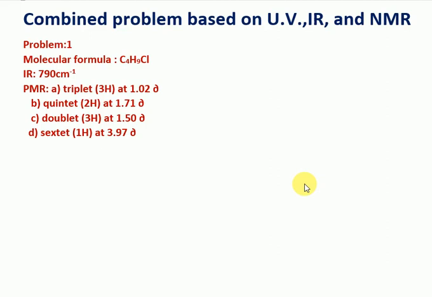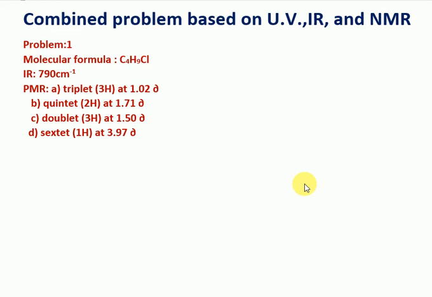So today we will solve again a combined problem based on UV, IR and NMR spectroscopy. So let's see problem number 1. The molecular formula is given, that is C4H9Cl. IR data is provided: 790 per centimeter. Then PMR is given. The PMR first value, triplet for 3 hydrogen at